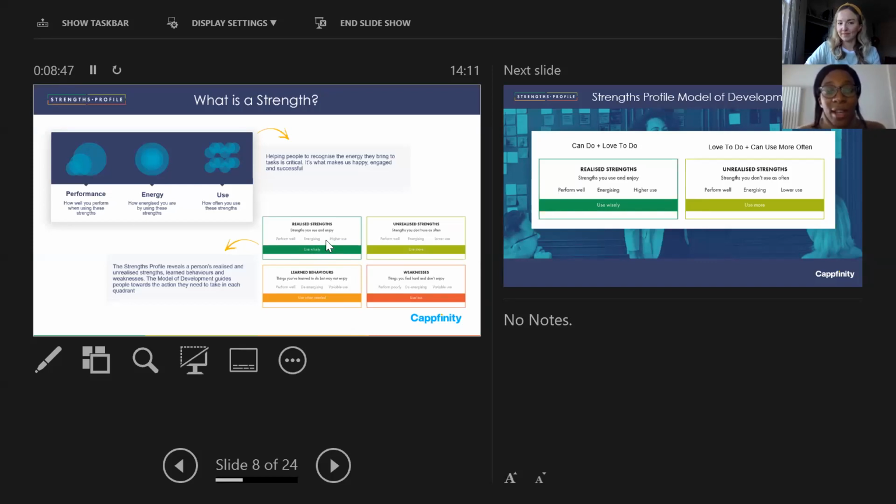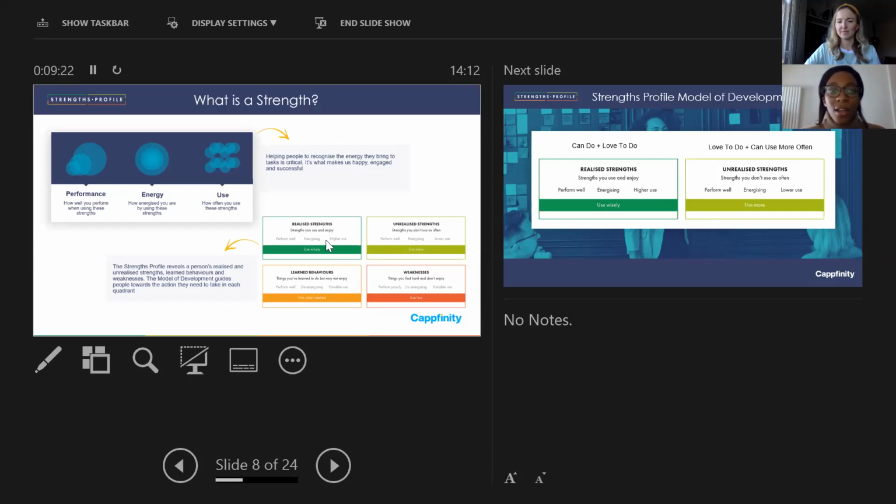These are likely to be the strengths that you recognize in yourself, and your friends, family, teachers also know in you too. So if you're stuck for stories, perhaps ask your friends if they see some of these strengths, what stories could they give you, or your teachers, or even your parents. Just for yourself, start having a think about it. If you have that narrator or your realized strengths, what is it about stories that you like to tell, or humor? Are you the life and soul of the party? You're always making people around you laugh. What is it about these strengths that you can explain to your future employers?